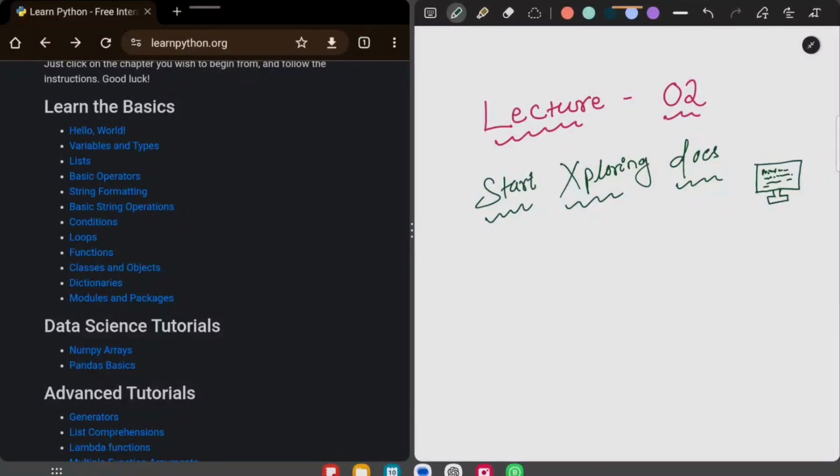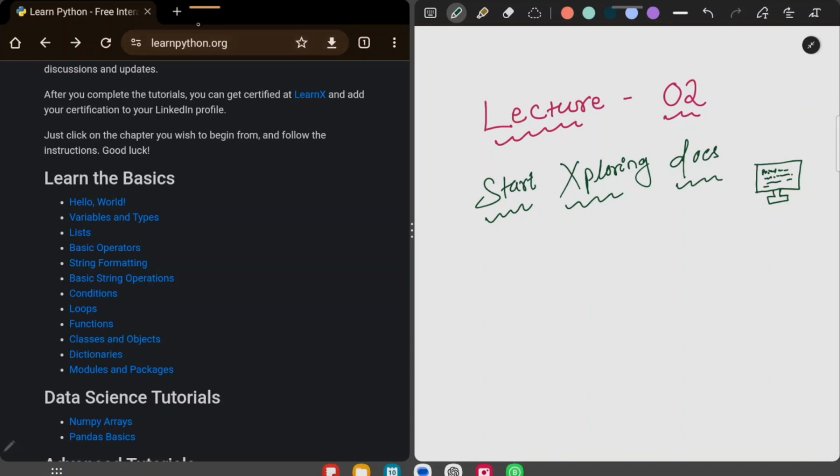Number 2 of Python, exploring the docs. In this lecture we are going to explore learnpython.org, and we are going to follow the Learn the Basics module. First, we are going to see what Hello World is and why it is written here. So for that, let's just open Hello World and